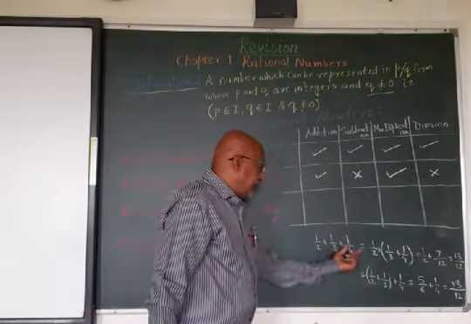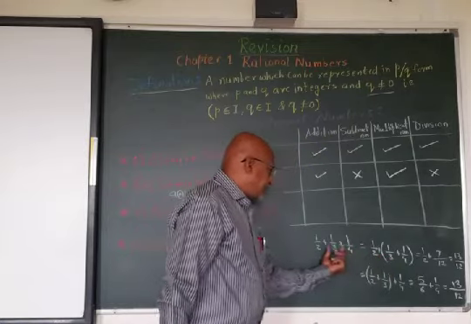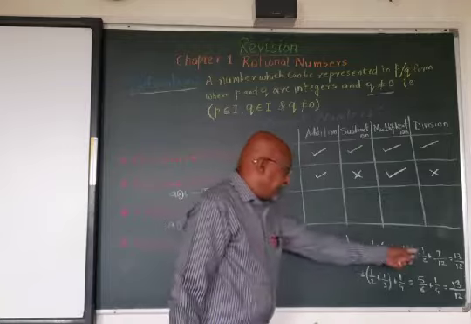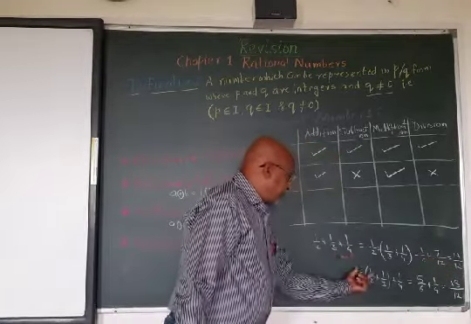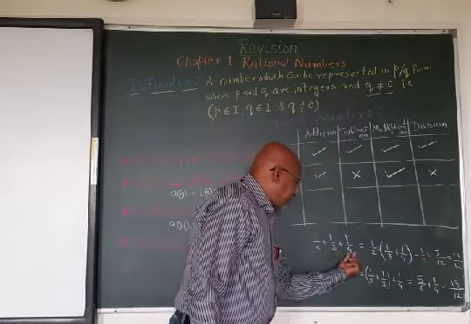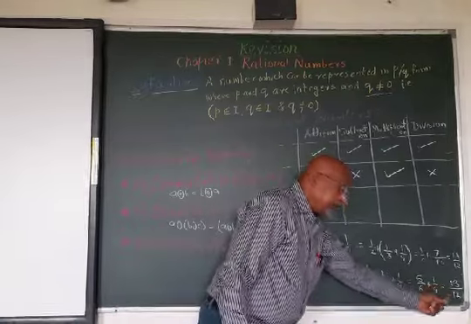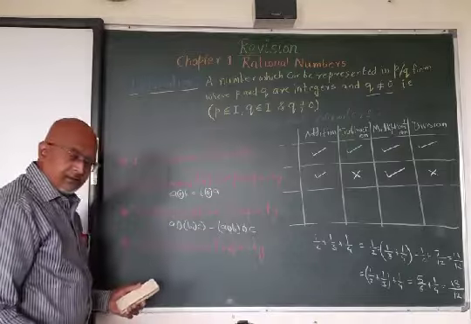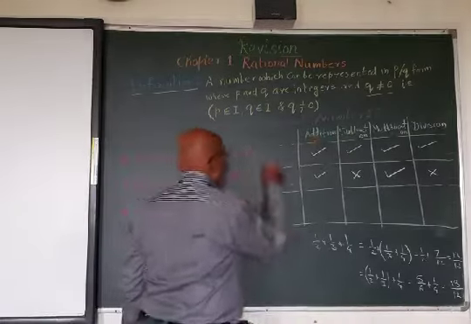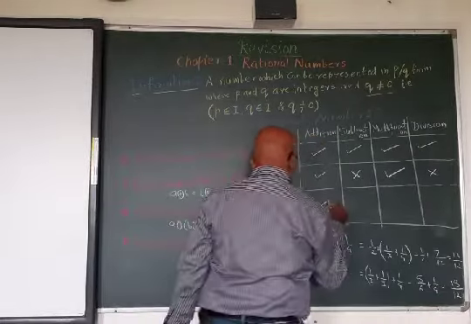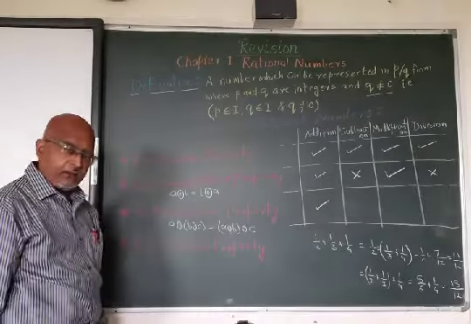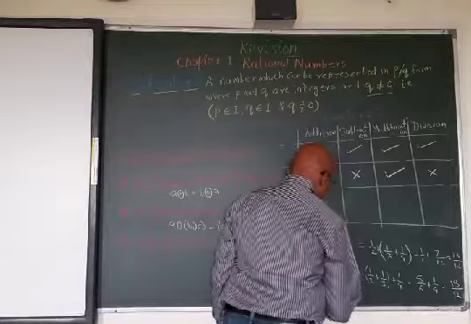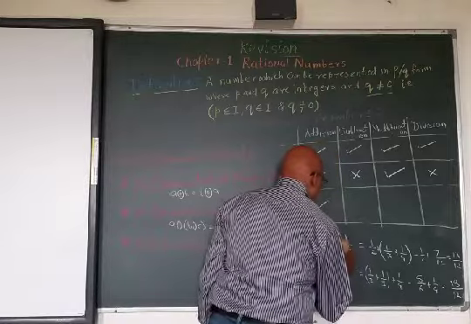Though we have added the last two first and then the first one is added to that, we get 13 by 12. Here we are adding the first two and then adding the third one. Again the results are the same. So we can say that the addition is associative in rational numbers. Then we go for the next example.